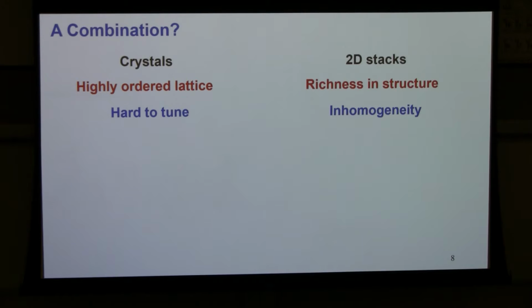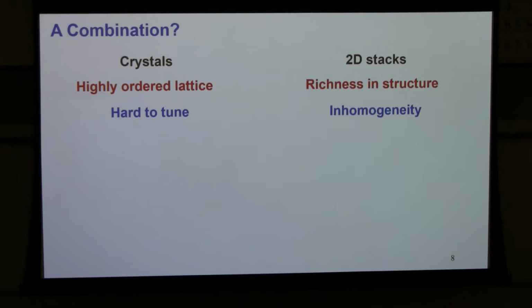You have the crystal grown there, that's all you have. You can cool down, warm up, raise the magnetic field, but there's hardly more things you can do in situ there or structurally engineering it. Well, with these 2D stacked heterostructures, you have much more flexibility in assembling the structure and subsequently controlling the properties. But sometimes it's a bit annoying in the sense of homogeneity, because when you put two layers on top of each other, give it a twist, well, strain can easily change the periodicity, giving you spatial inhomogeneity.